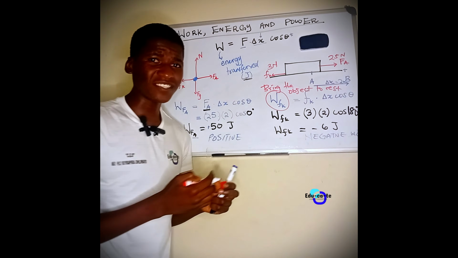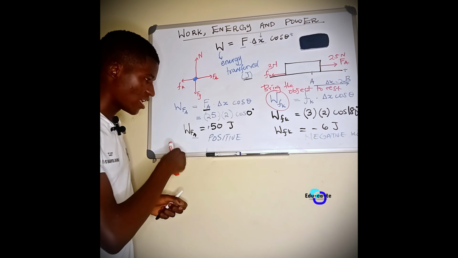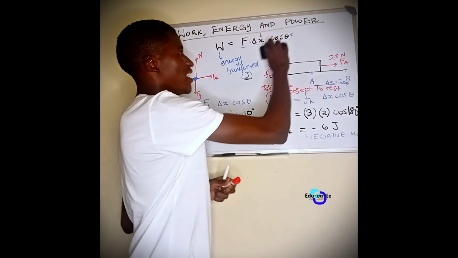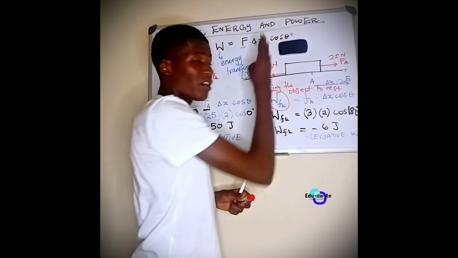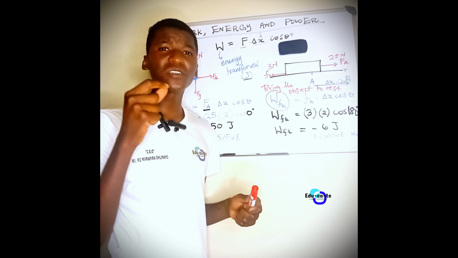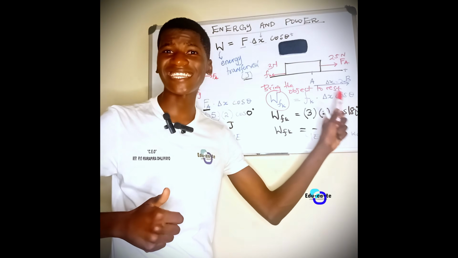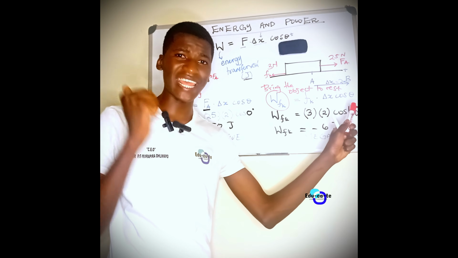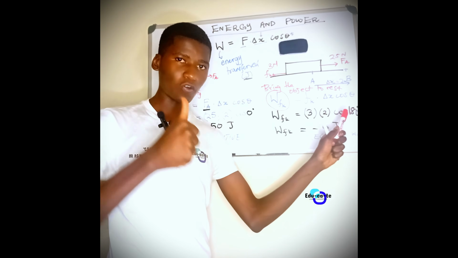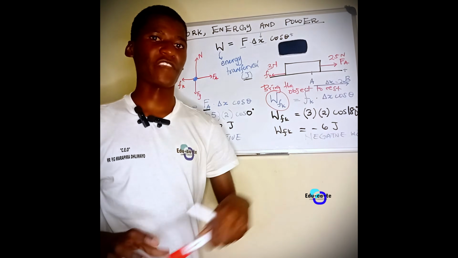So what does this mean? It means if I'm going to throw something, maybe this marker, if I push it, oh, it didn't stop. I wanted it to stop. But basically, let's just assume, let me push this duster. And then it stops. Why didn't it continue moving since I'm putting positive work on it? It is because friction is doing negative work. It is trying to bring the object to rest, and it does it successfully. So whenever we've got frictional force, its main function is to try to stop the object from continuing to move.